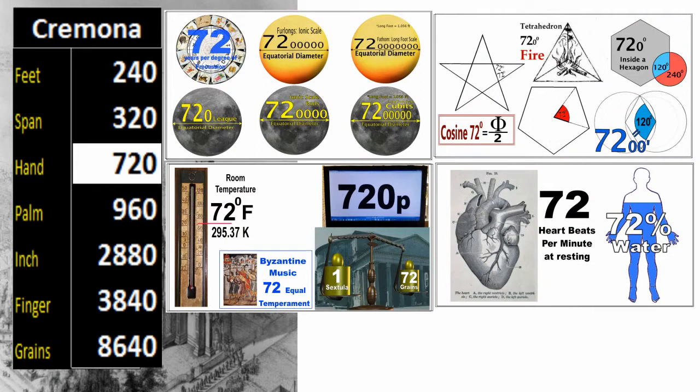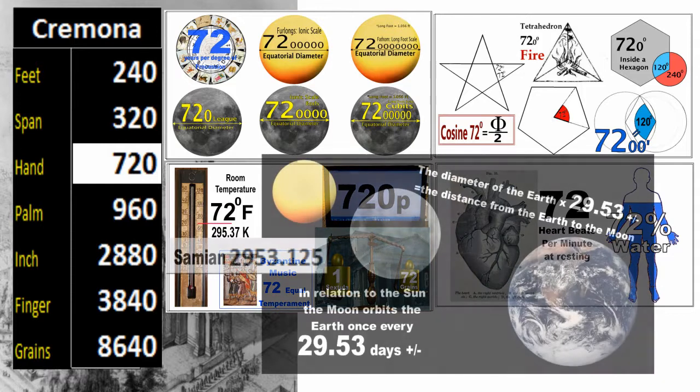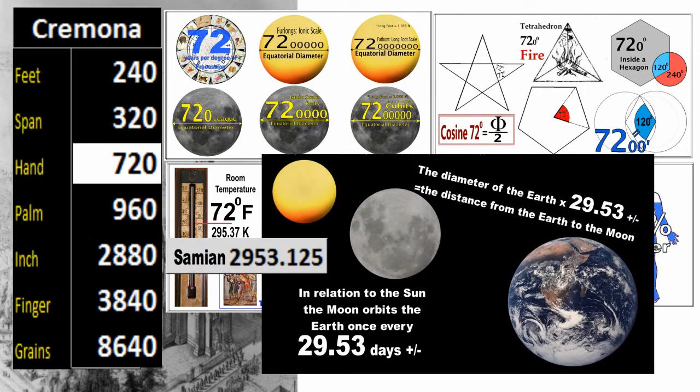Now, in the last episode I went through 772 especially in detail, but it's Sun, Earth, Moon, geometry, biology, new weights and measures, old weights and measures. And it's interesting that room temperature, 72 Fahrenheit, converts to Kelvin at 295.37. So such a small margin of error brings us back to this previous connection of Sun, Earth and